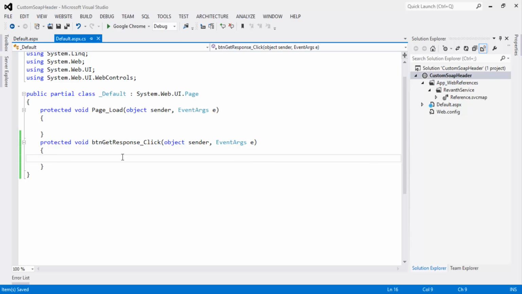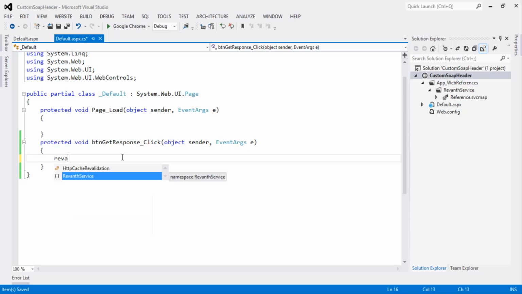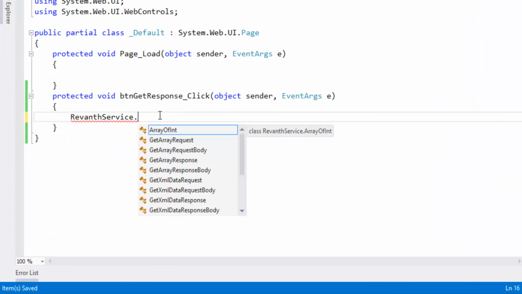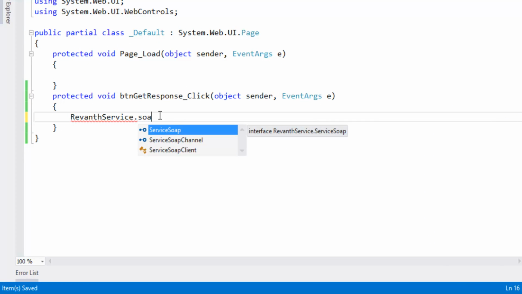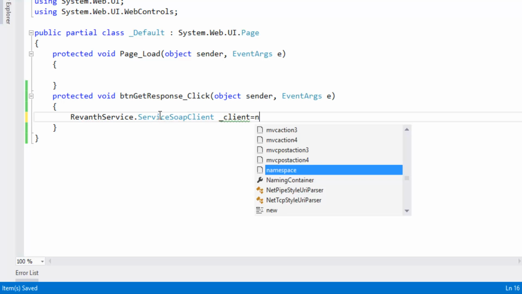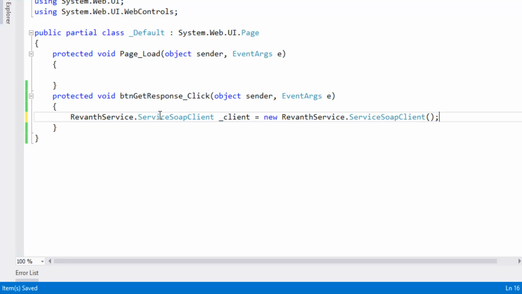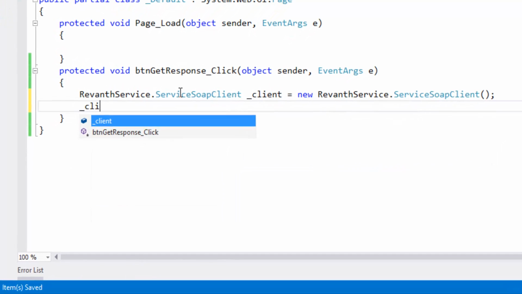Now in the button click event handler, Revant web service dot service SOAP client. Let's create object equal to new Revant web service client dot.